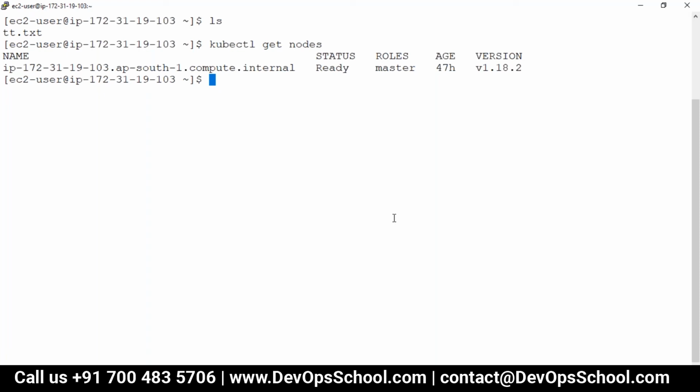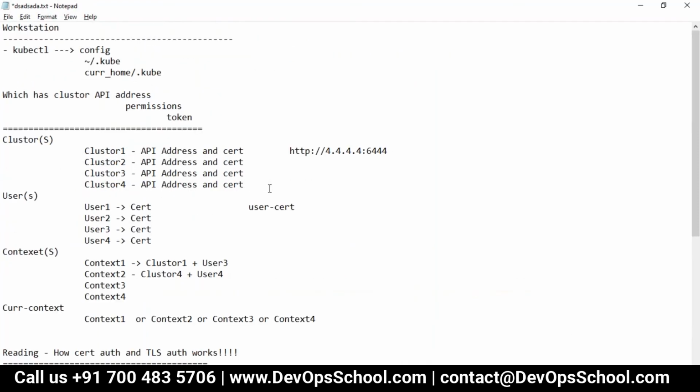Actually, see, remember master is there for managing the pods, correct? Now all these pods, if you look at the architecture, where is that?